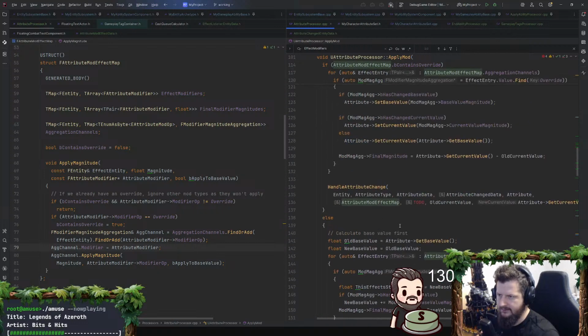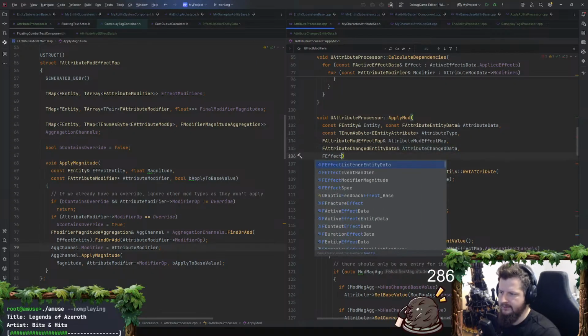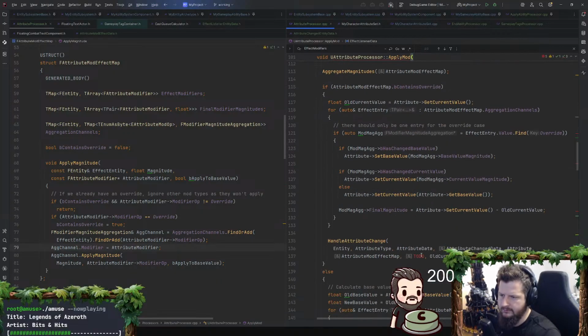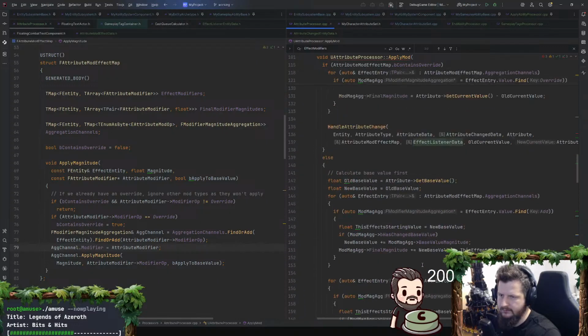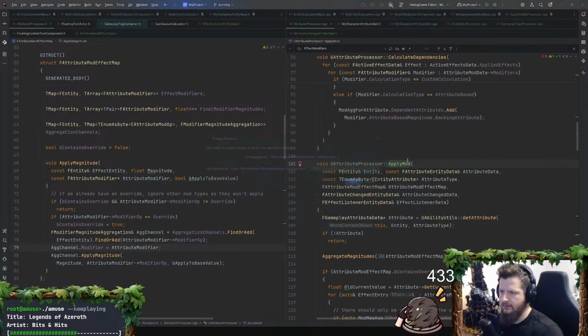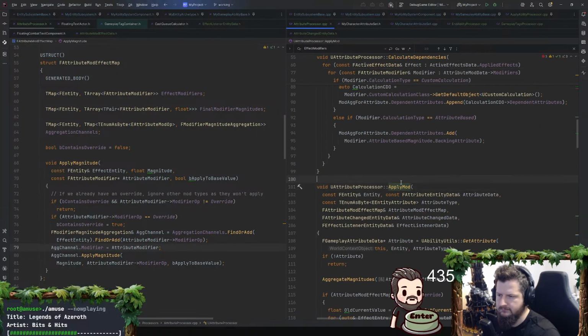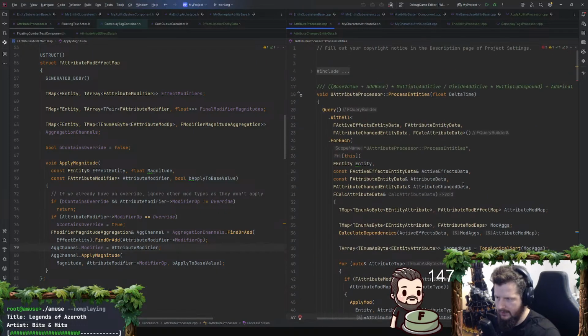Let's add the effect listener data up in here. Effect listener entity data, effect listener data. Slam that in there. And then update that declaration, apply mod. And then we'll need to grab that from the entity system here too.